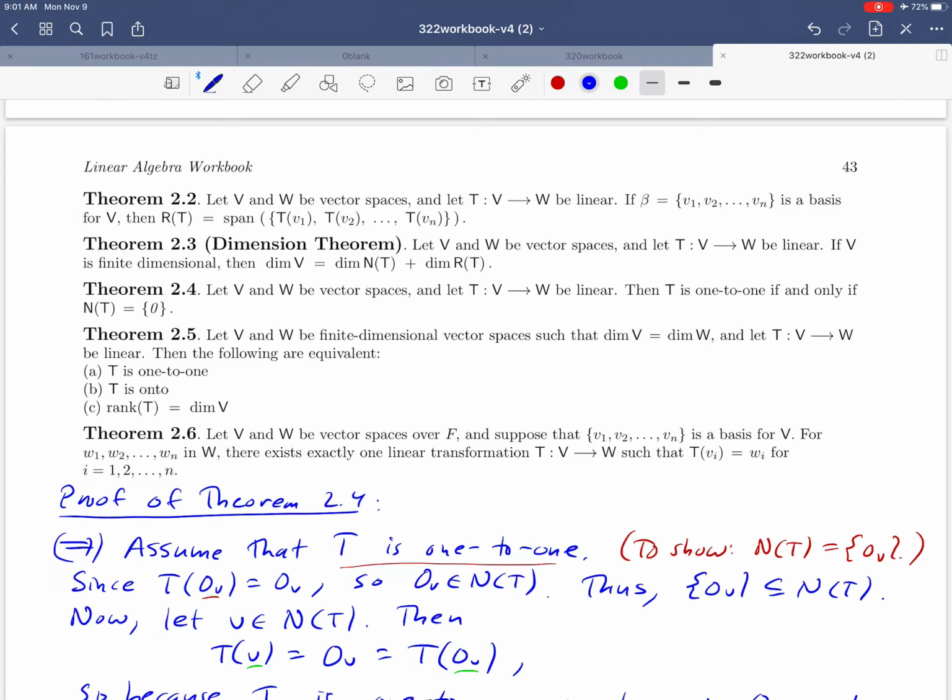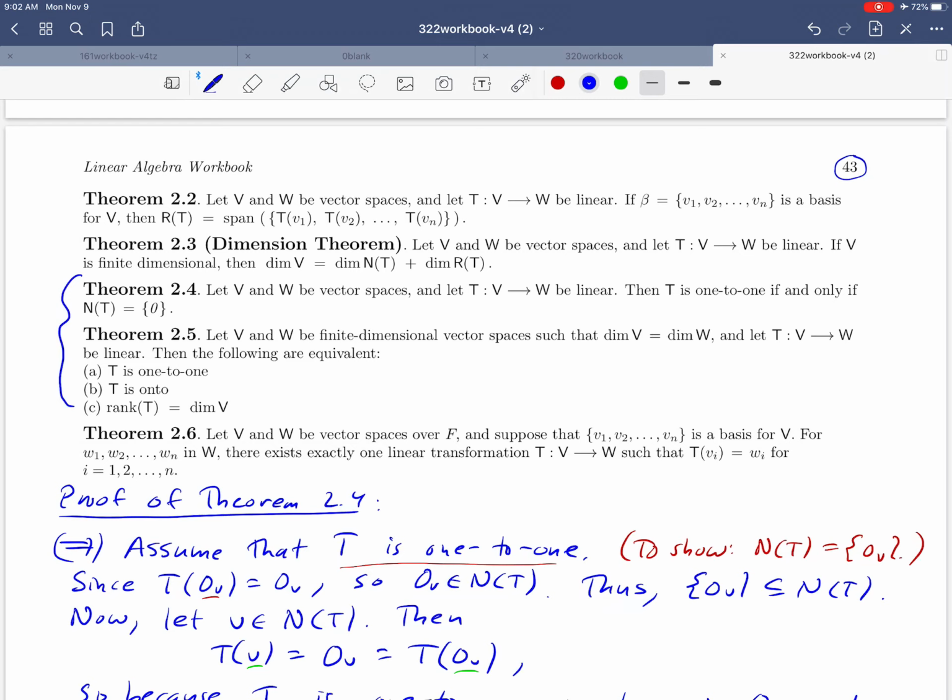Hello everybody. We're going to get started in this video by looking at page 43 here. This is the list of theorems that we talked about. And what I'd like to focus on are these two theorems, Theorem 2.4 and 2.5. Those are probably two of the most important tools on that list. They have something to do with one-to-one and onto, helping us to figure out when a linear transformation is one-to-one